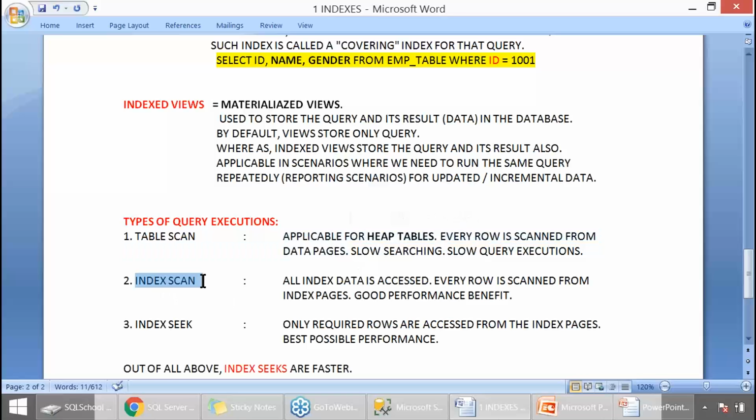Index scan. All index data is accessed. Every row is scanned from index pages. Good performance benefit. Index seek. Only required rows are accessed from the index pages. It's highly recommended to have index seek wherever possible.